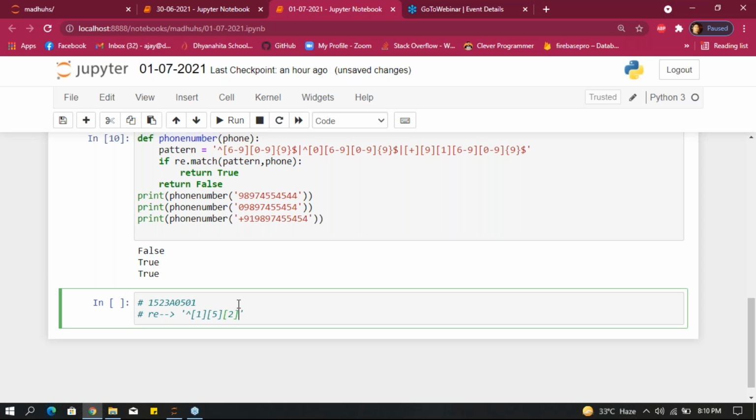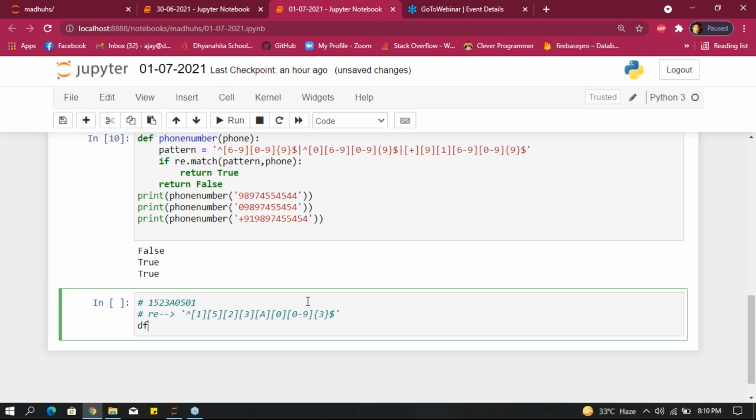After that take 3 here also, and take capital A, and next take 0 here, and after that give 0 to 9, give 0 to 9, and give 3. Why? Because the last 3 digits will vary, right? We already gave these numbers by default. That is the reason I'm giving this. After that put the dollar.